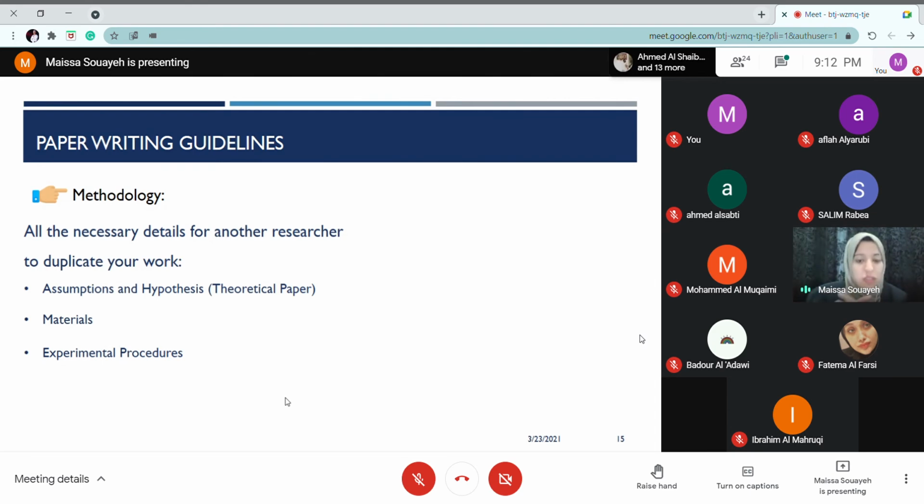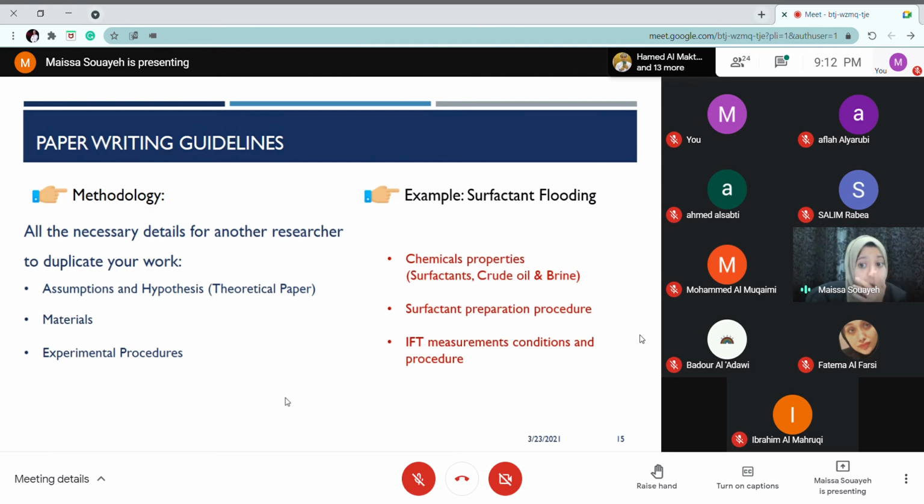In case, of course, if it's a theoretical paper, it has some modeling, it has some simulation, you have to include all of these materials, and also the experimental procedure. Like in our example, the surfactant flooding, in the methodology section, you need to include the chemicals, properties, surfactants, crude oil, brine, surfactant preparation procedure, exactly how you prepare the surfactant solution, the IFT measurements, conditions, and procedure, like at what temperature, at what condition you did the IFT measurement, what is exactly the procedure you